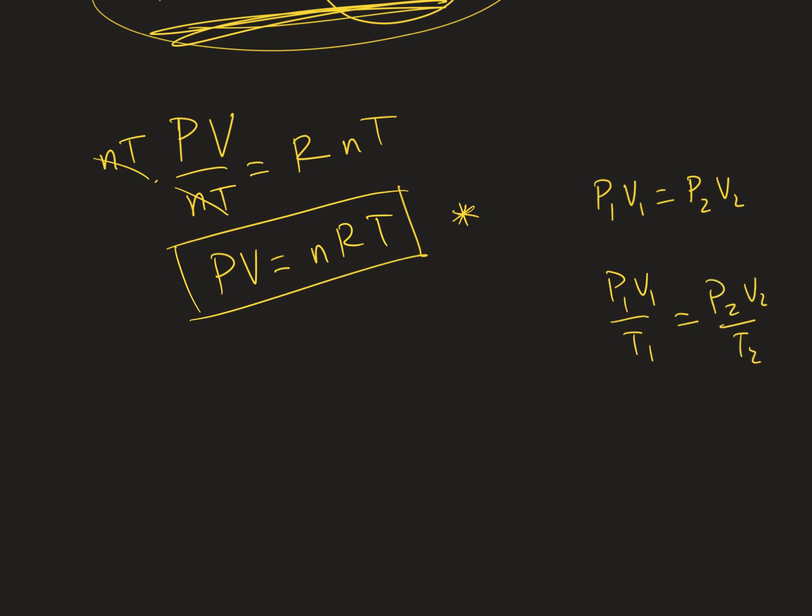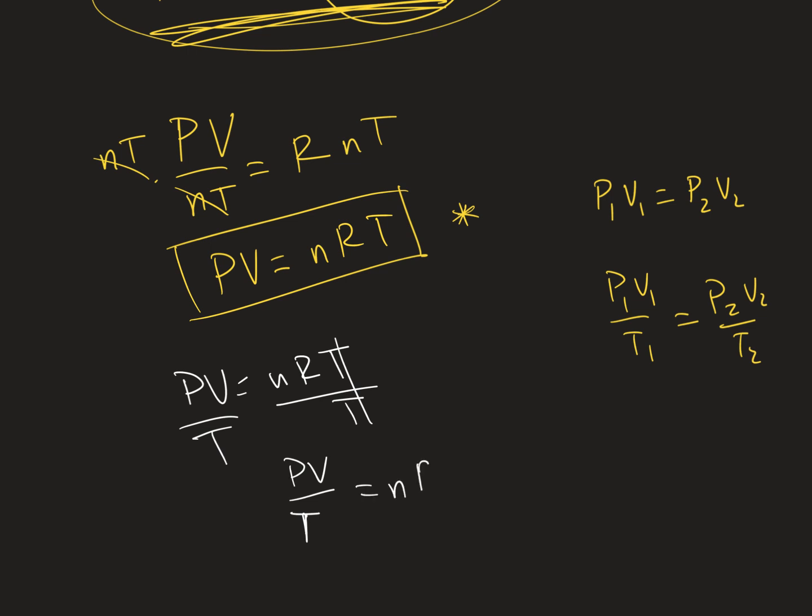They're not. But this one is. PV equals nRT. Let's divide both sides by T. So PV over T equals nR. Well, if the amount of substance is the same, if we're just dealing with one amount